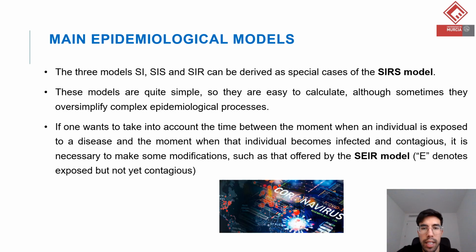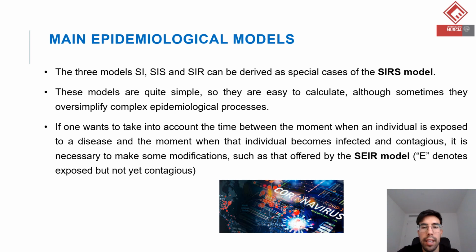The three models, SI, SIS, and SIR, can be derived as special cases of the SIRS model. These models are quite simple, so they are easy to calculate, although sometimes they oversimplify complex epidemiological processes. For example, if one wants to take into account the time between the moment when an individual is exposed to a disease and the moment when that individual becomes infected and contagious, as in the case of coronavirus 19 disease,